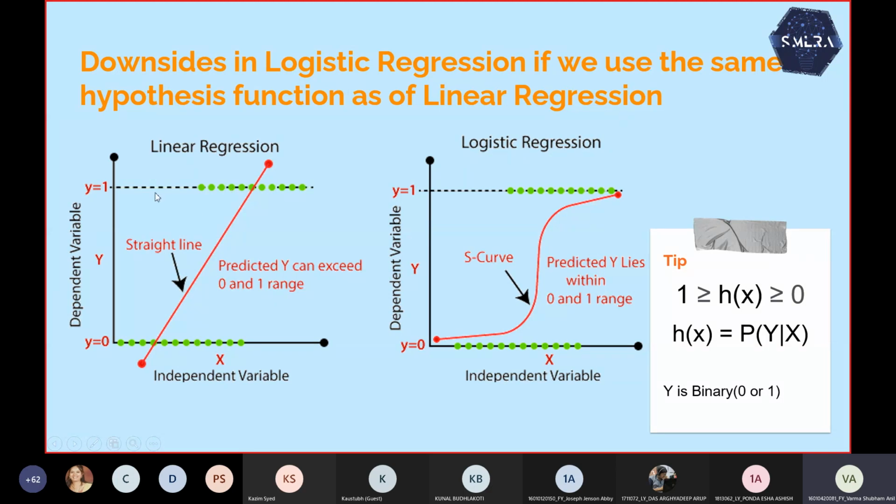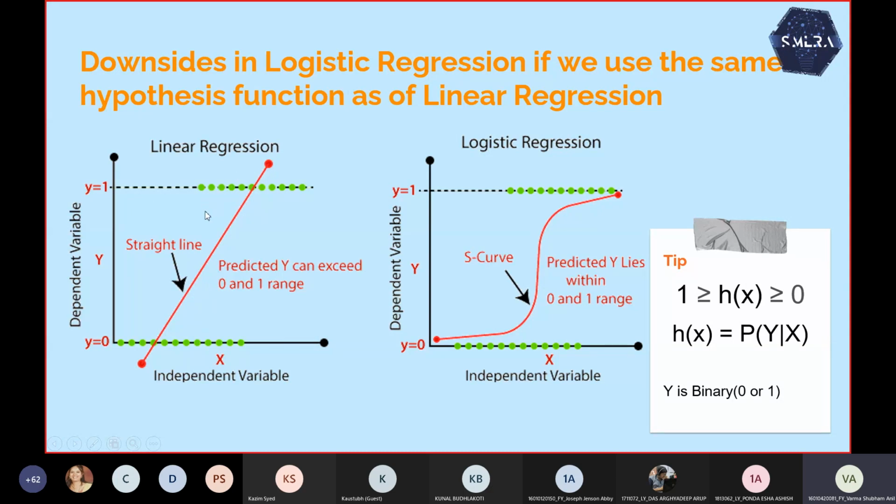Suppose I have a model in which I have to predict whether the number is 0 or 1, or whether the class of emails was spam or not spam. If I train linear regression on it, what is linear regression? It is a line plotted between data points. If the same line is plotted on this data set, you can see in this example that a few points that belong to class 1 are towards the right side of this line, and a few points that belong to class 1 are towards the left side of this line.